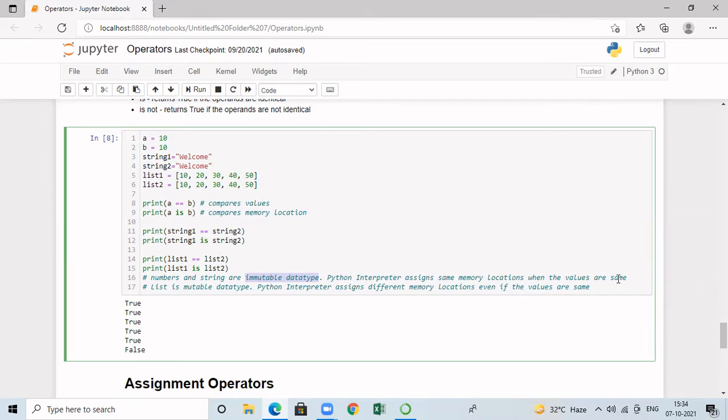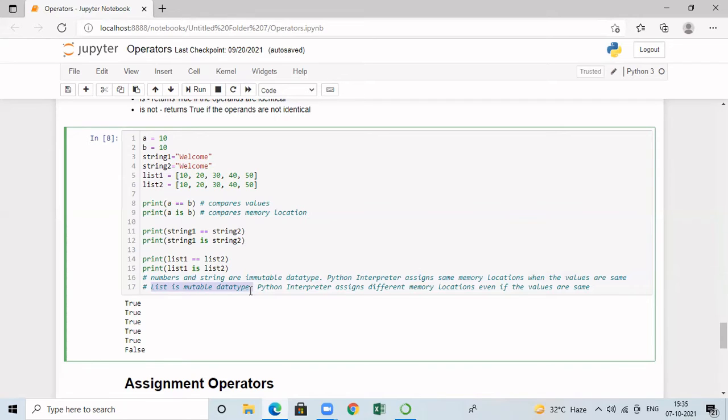When the values are different, different memory locations will be allocated. Because of this reason, when the values are the same and the data type is immutable, the same memory location is allocated. So when I print a is b or string 1 is string 2, I am getting true as the output. Whereas a list is a mutable data type. That means when we create the list, one memory location will be allocated.